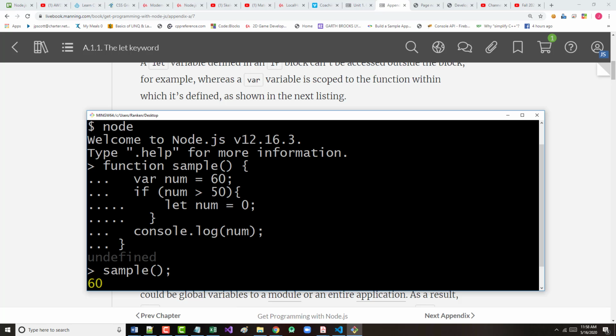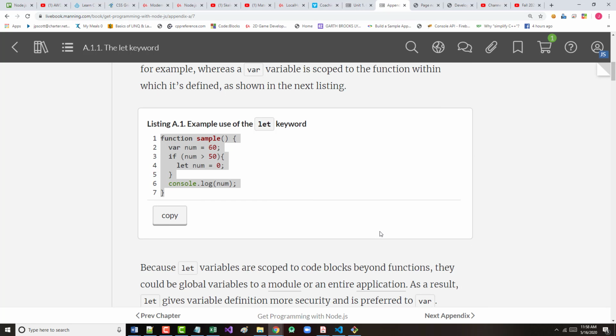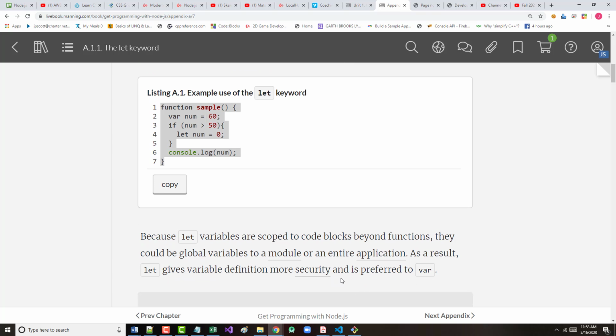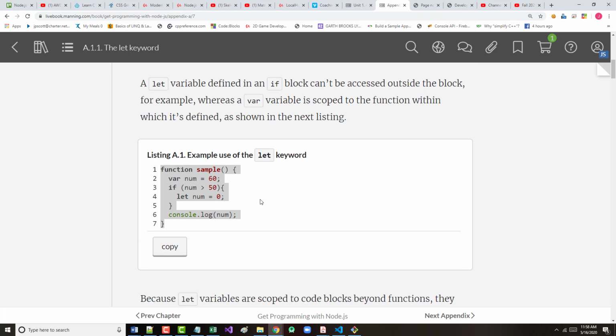Alright, let's try this. Let's go in here. Oh, let's just take a look at what the author has. Because let variables are scoped to code blocks beyond functions, they could be global variables to a module or an entire application. As a result, let gives variable definition more security and is preferred to var. So, if we had changed this,